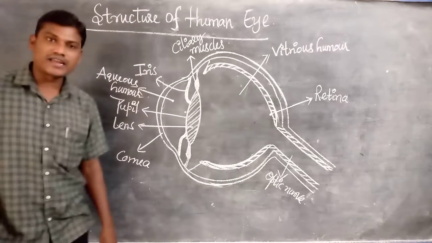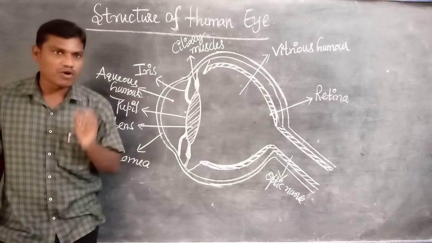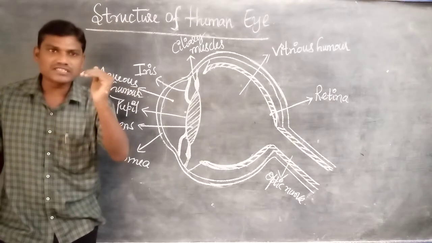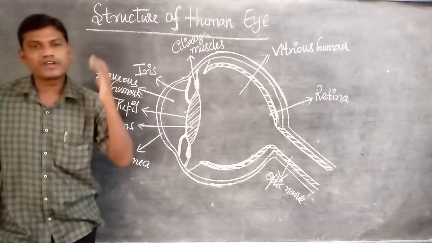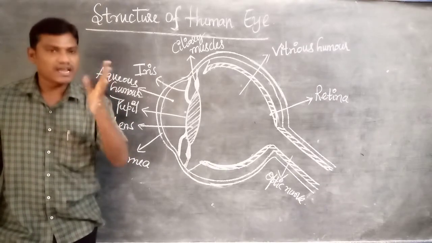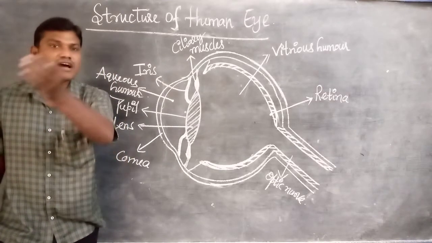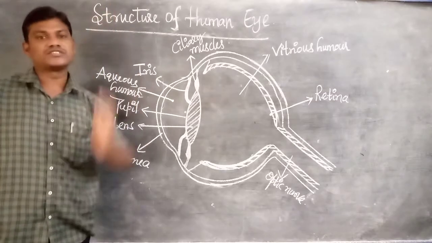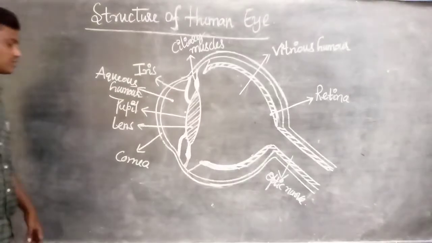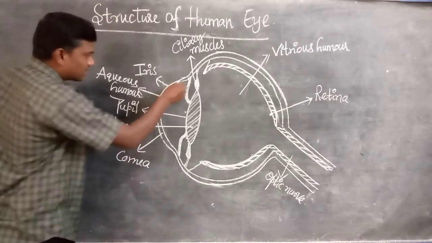We know very clearly that in every human body, mainly 5 sense organs are there. These 5 sense organs are very important for every person. The eye is one of the sense organs. With the help of the eye, we are able to see the colorful world around us. Now we discuss this diagram. Here, in this diagram, you are observing that